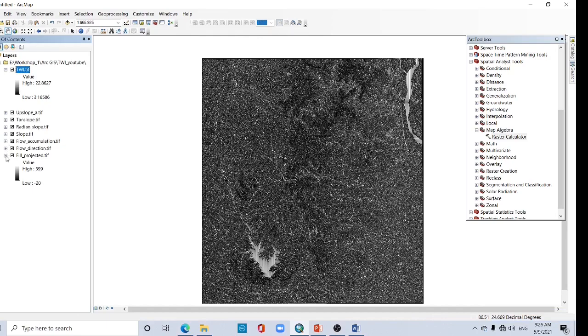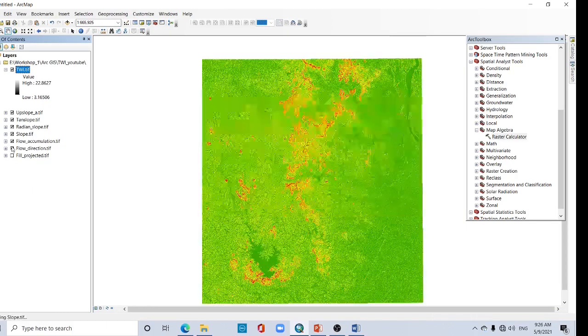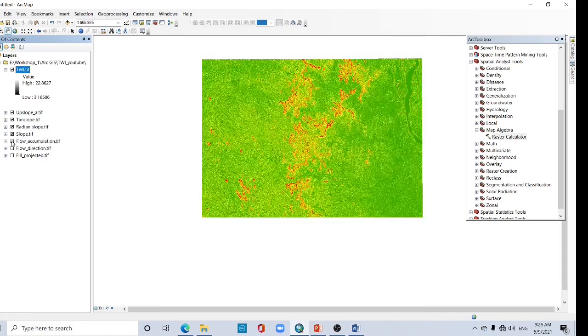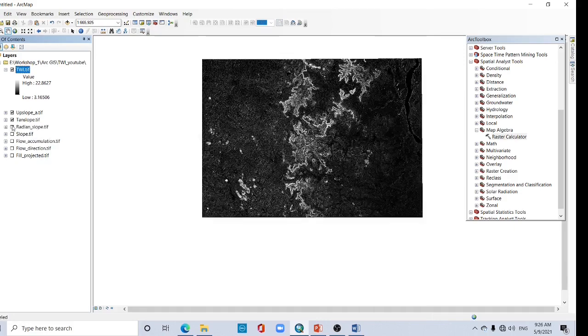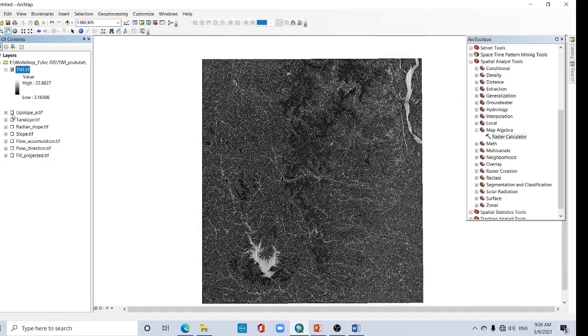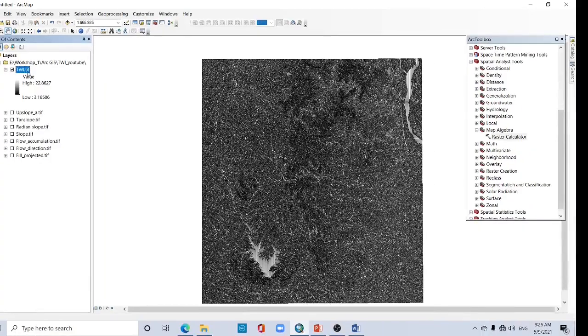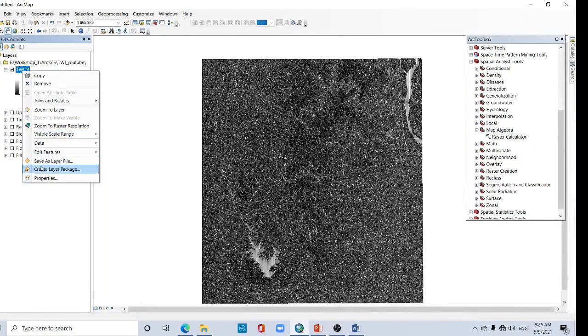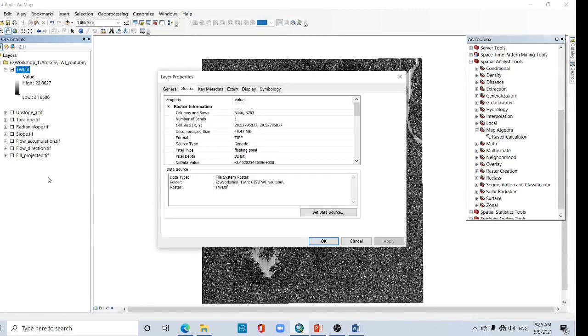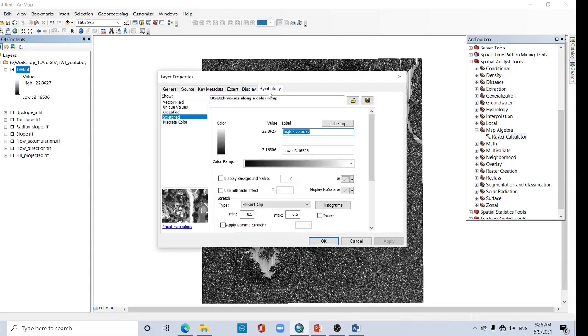Uncheck all. Topographic wetness index ranges between 0 to 30. Here see the values 3.16 to 22.86. Go to properties, go to symbology.